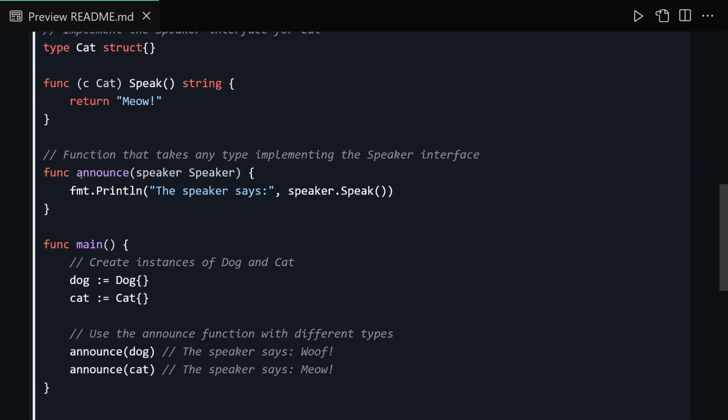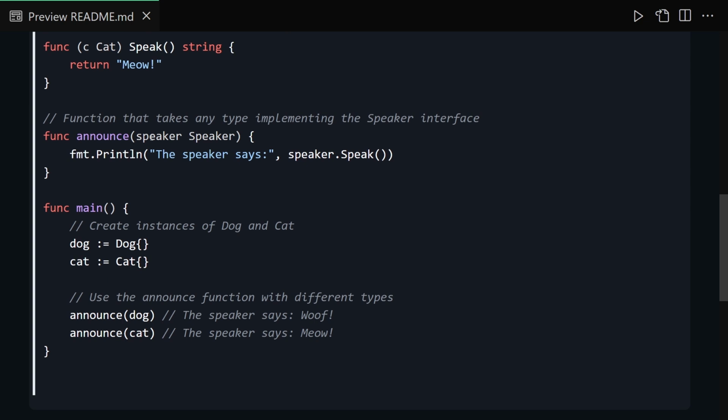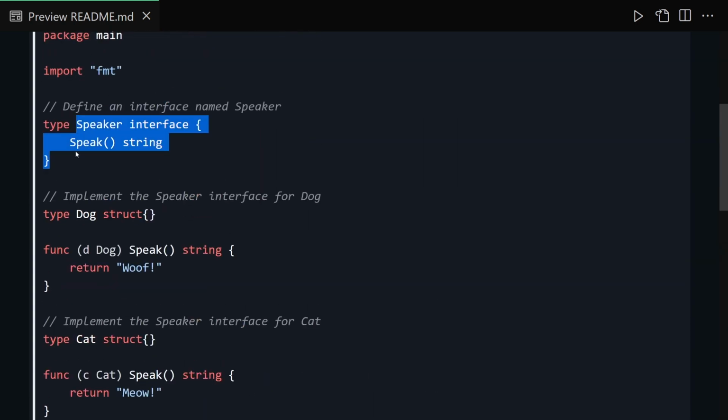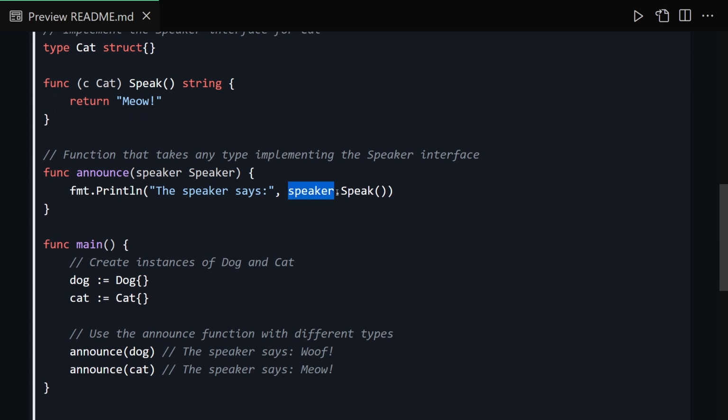So here you can see we are now implementing that same speak method for the dog and also for the cat as well. And here you can see we are now creating an announce function that takes any type implementing the speaker interface. We're now providing the parameter of speaker, and we are providing the speaker interface, which you can see we've already declared right here. And then we would be able to use the speaker dot speak method. So if you want to use that same method, like this announce method, for, I don't know, for a dog,